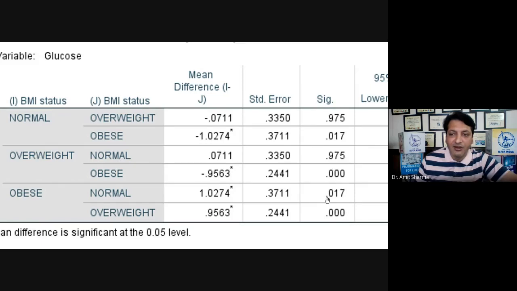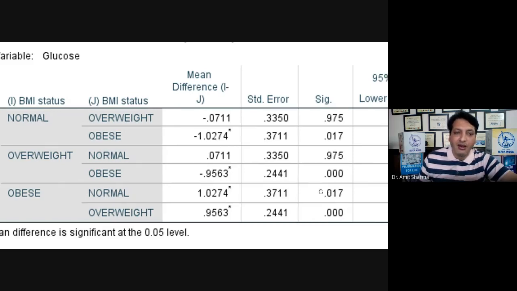You can see here we got the values 1.17 and 1.001. Clear? So in the obese group, we can find out that if the person is obese, the population is having a higher blood glucose level. But which is second and which is third? Second will be the normal, because, sorry, overweight, because the value of overweight is less as compared to the normal.